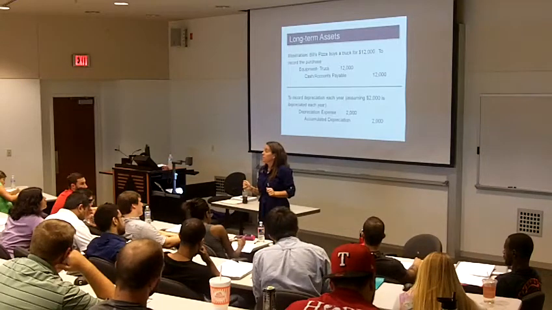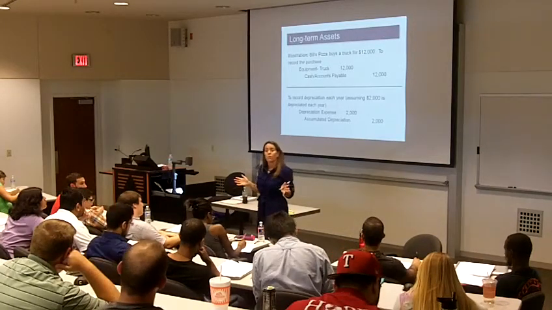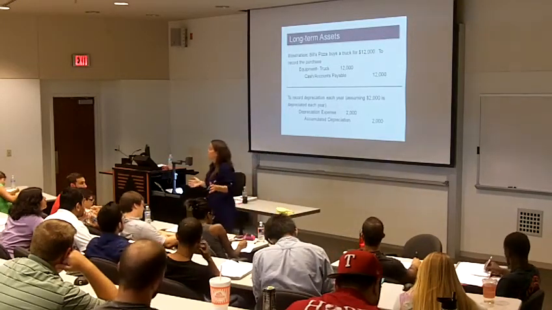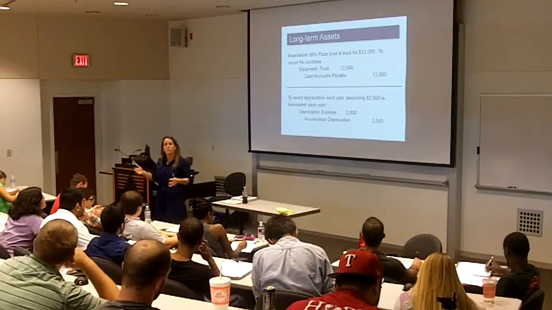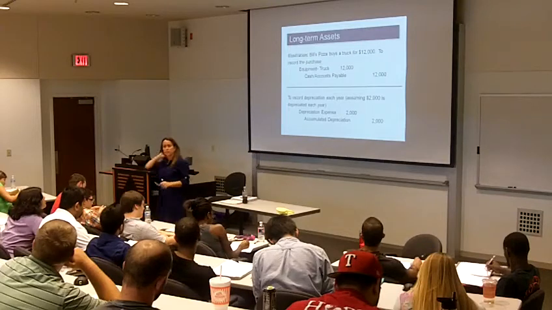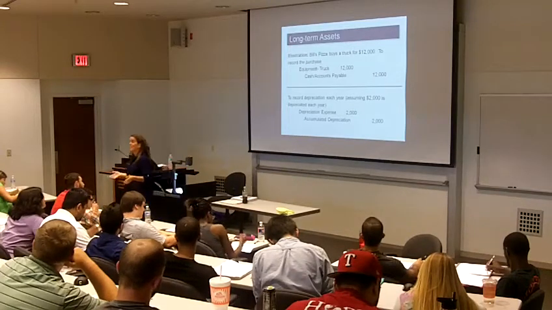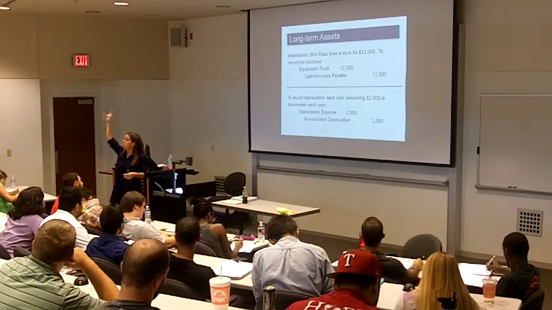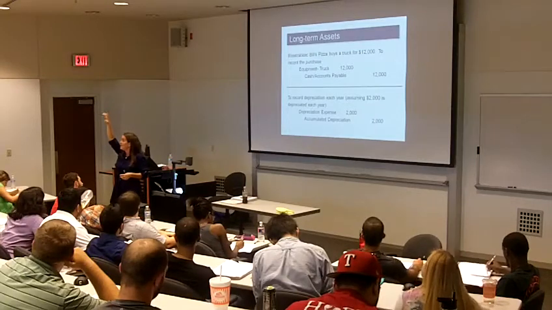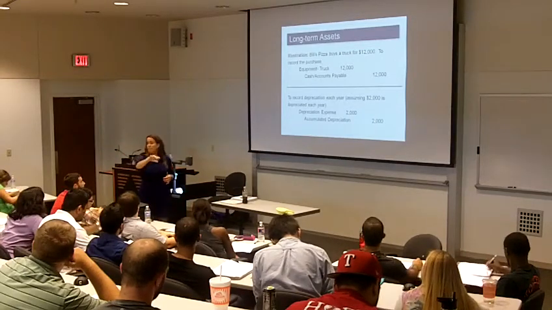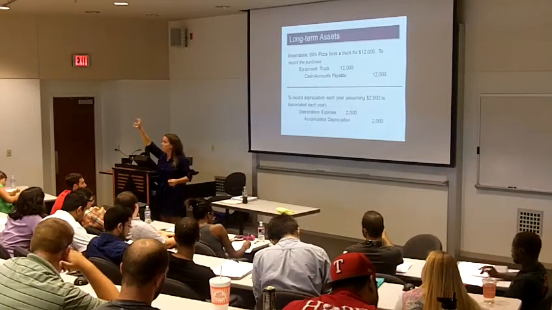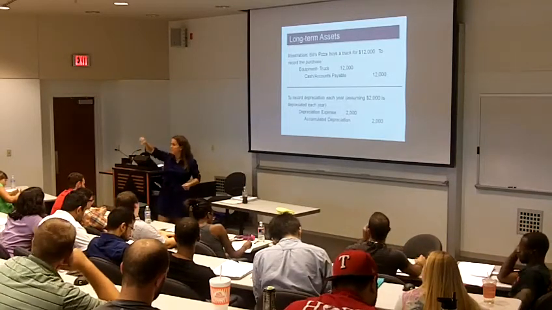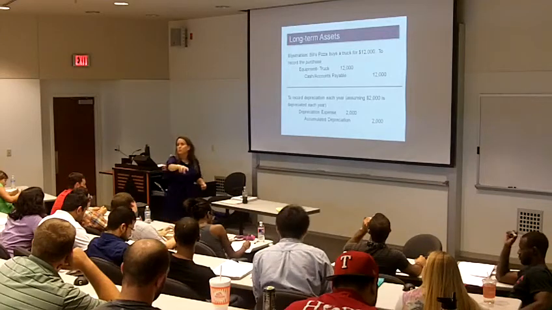Or you've got an accelerated method called the declining balance method. Most of the time it's double declining balance. Sometimes it's 1.5, sometimes it's different, but double declining balance is the most popular declining balance method, which assumes that you depreciate a lot at the very beginning of the asset's life and then less over time. Okay? I use a car as an example. The moment you drive a new car off the lot, it becomes worth significantly less, and then the depreciation tapers